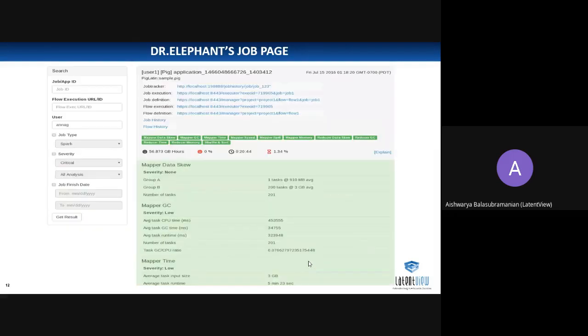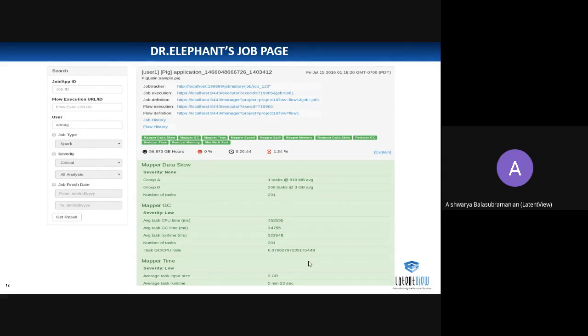So then after this, if you see, this is the Dr. Elephant's job page, which I said, and these are the heuristics which we have defined earlier, or these are the predefined rules, and I have already selected this so that these heuristics run on top of my data, mapper data queue, mapper GC, mapper time, and everything.